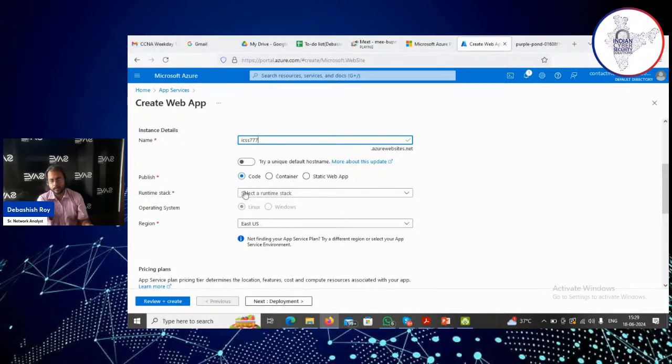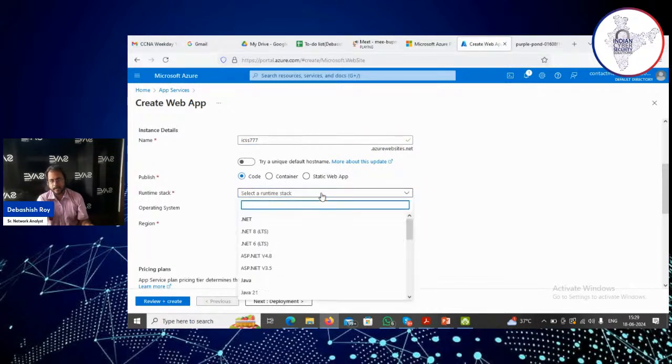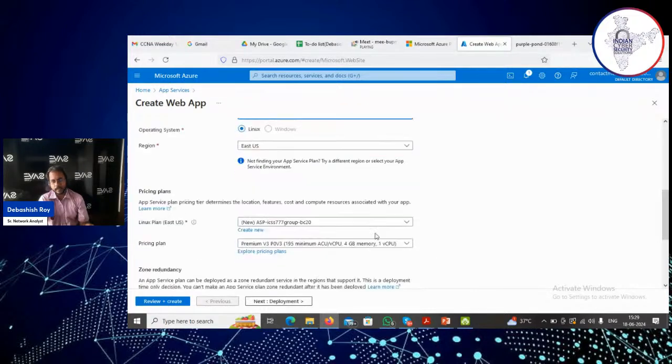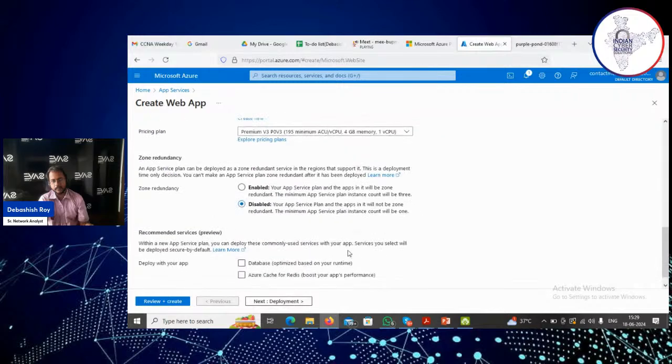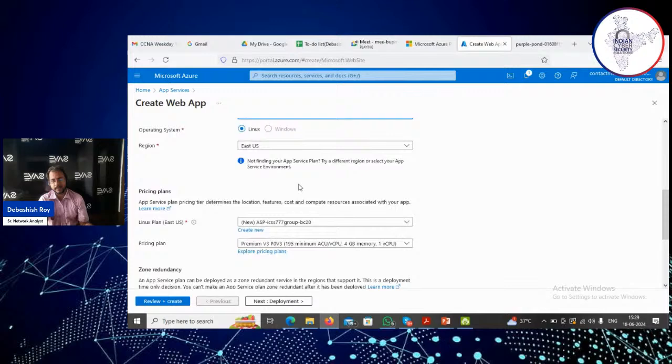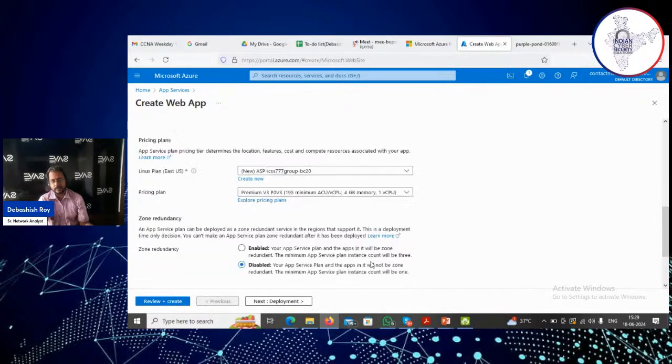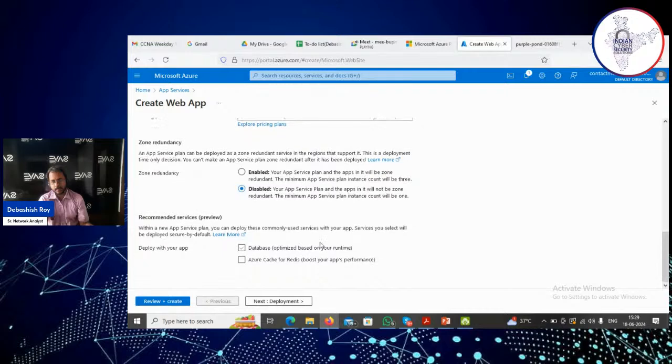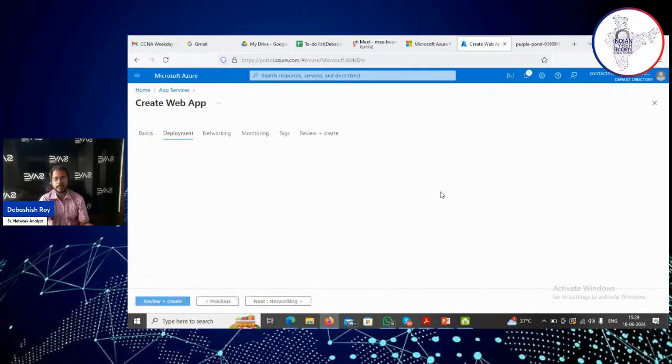That is a Docker container, or you can select a different language. See, these are different languages coming, so you have to select the language with which your web app will be created. PHP, Python, all these languages are there, and then you have to code it. You have to select the plans if you are deploying it in the Linux machine. So different plans are there. You have to select that, and then go to the deployment phase,